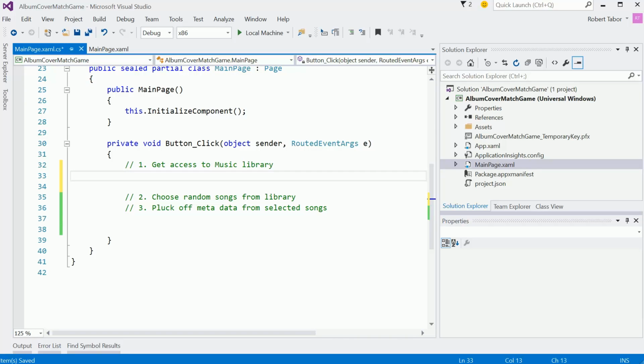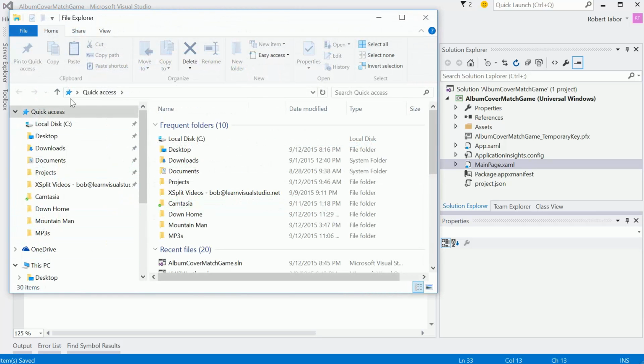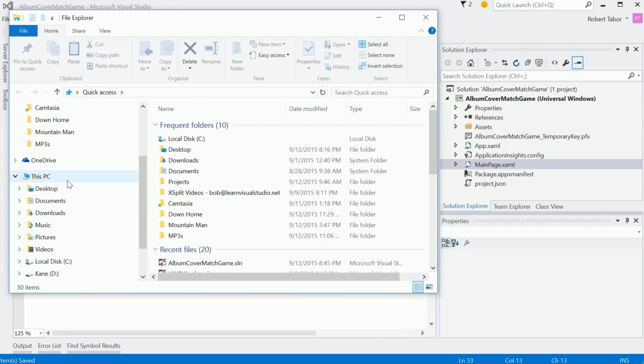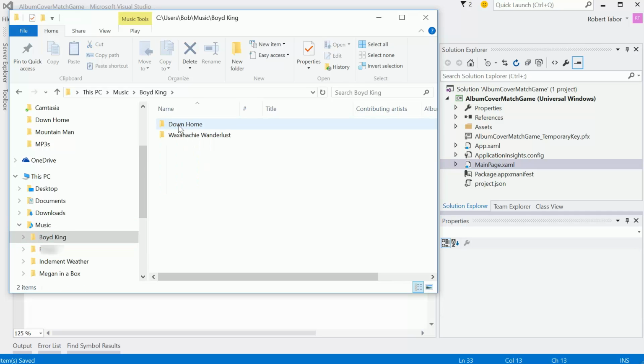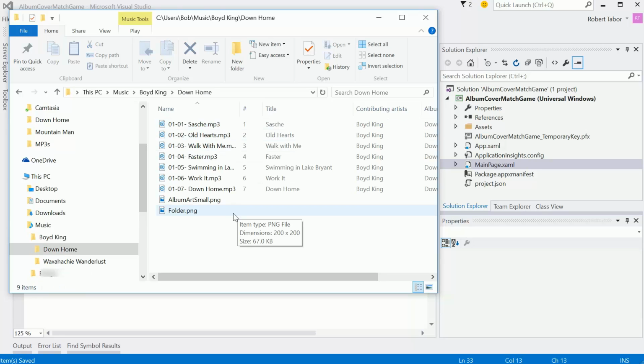So let's begin by accessing our music library. Now, for the purpose of this demonstration, I have a very large and eclectic music collection. However, we didn't want to pay any royalties for all that music. So I asked a friend of mine, actually I just put it out there on Facebook, hey, any of my friends out there, could you help me out? I need like 15 songs that are like 20 seconds each. Okay, and my friend Boyd, he just did strum the guitar a few times, and I copied those files multiple